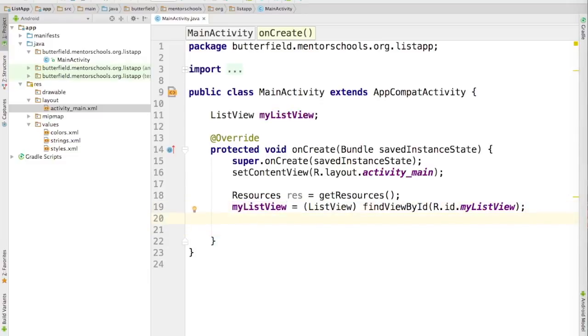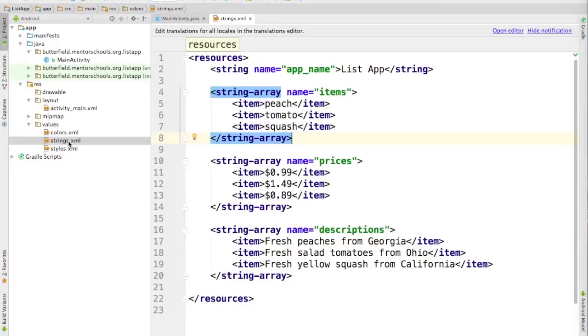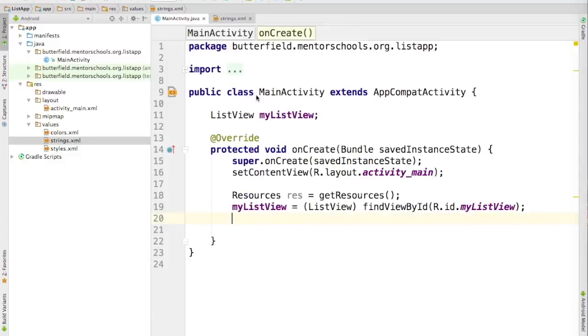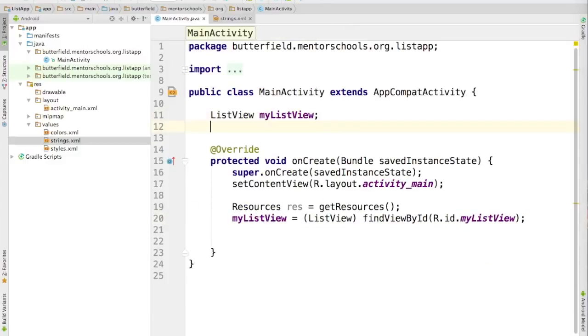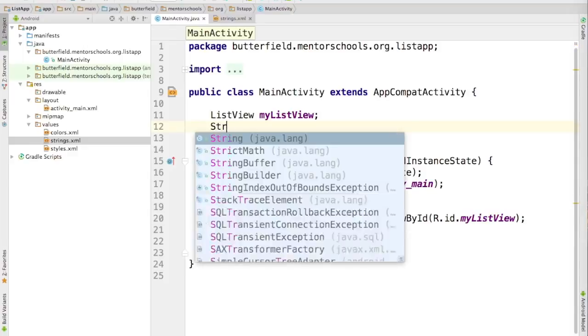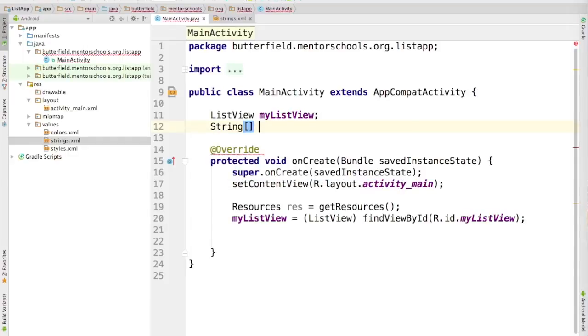All right. We're going to basically want to do the same thing with the strings that we created over here in strings.xml. So let's just start off with this first list right here and just make sure that our list is getting generated. So we have a string array that we called items,